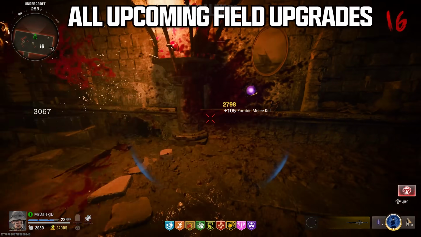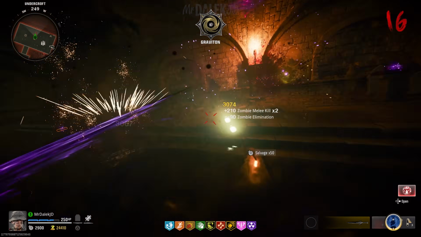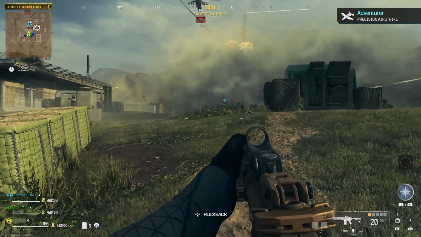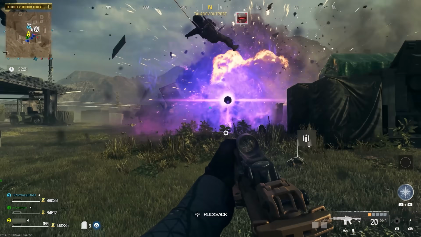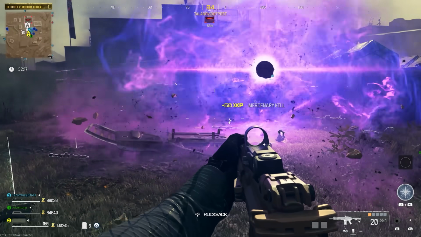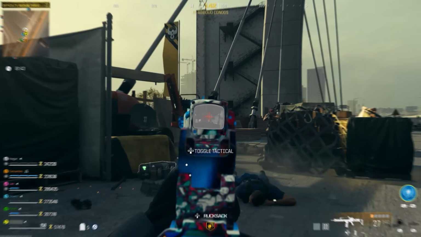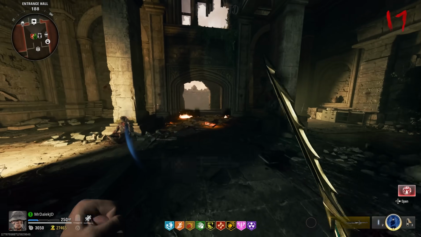As for leaked upcoming field upgrades, there is only one that was found in the code so far, and that is the return of Frost Blast. This was seen in Cold War, Vanguard, and Modern Warfare 3, and this created a blast of wind that dealt frost damage and slowed enemies down inside of it. If this does come to the game, I think with the addition of some augments, this could be a really lethal field upgrade. Let's now move on to all leaked upcoming bosses coming into Black Ops 6 Zombies, as most new DLC maps will introduce new bosses, but there are some interesting ones that have been discovered in the code,